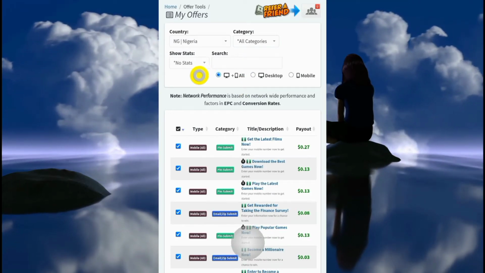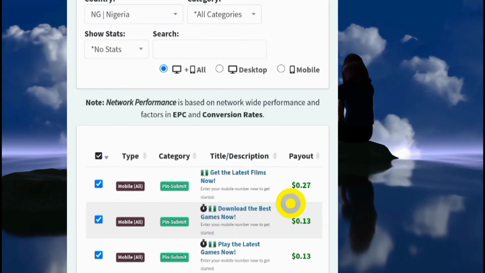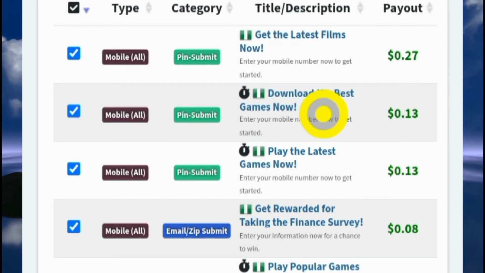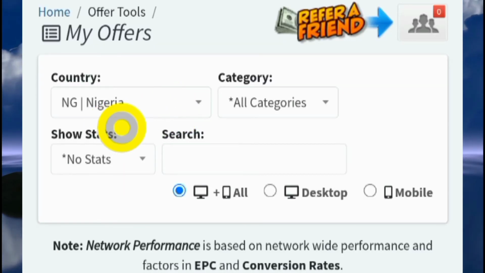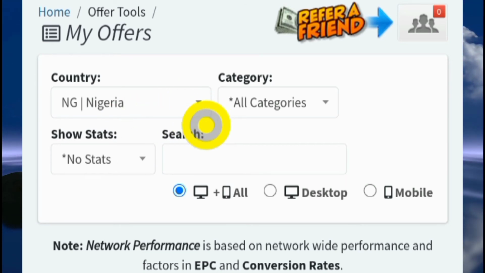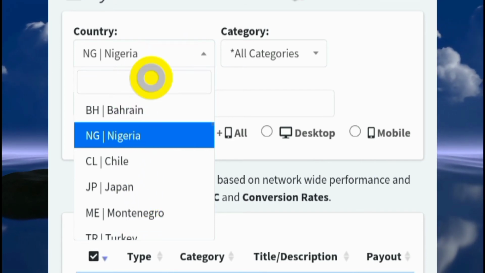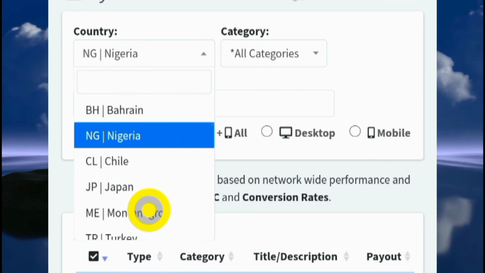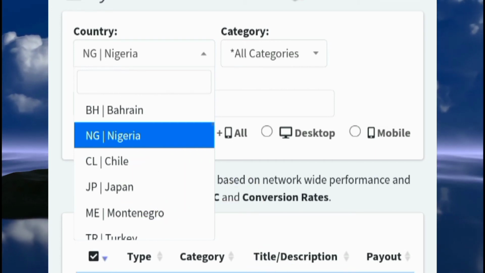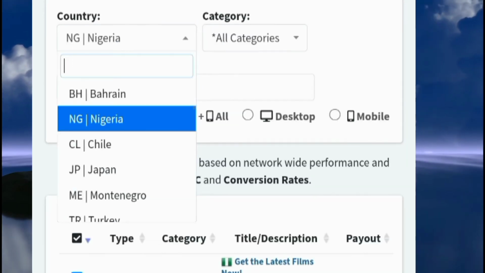Once you're here, the next thing will be to change your target country, and the reason you want to do this is to make sure that you get a higher payout. As you can see here, Nigeria gives a lower payout, so you would want to come over here to promote offers that are only available for US citizens. So you would click on this right here and select the United States. You're going to browse through these countries here to select the United States. You might go with the United Kingdom or any top tier country that could increase the payout here, okay? So I'm gonna go with the United States, and if I do that,